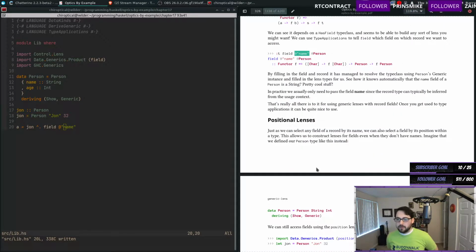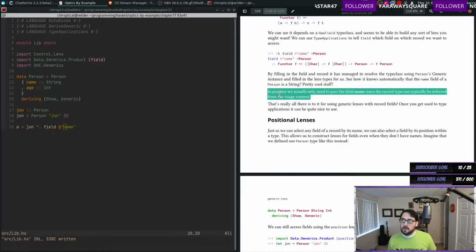Okay, by filling in the field and record, it has managed to resolve the type class using Person's generic instance and filled in the lens types for us. See how it automatically knows that the name field of a Person is a String. Pretty cool stuff. I agree. In practice, we usually only need to pass the field name, since the record type can typically be inferred from the usage context. Yeah, I mean, if you're using the field on a particular structure,